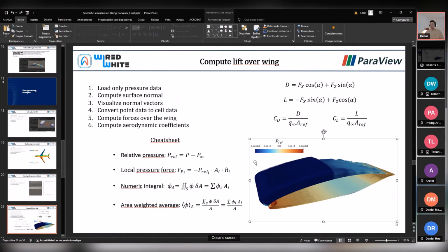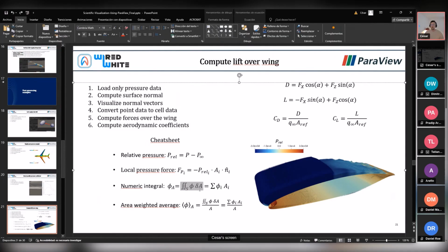And then once you have all these little forces in every single cell of your computational domain, you need to sum all these contributions. So you need to perform a numerical integral. We are not solving this integral numerically because we have done a simulation. We have discretized our flow field into computational cells. So we're doing the summation of all these cells. And this will be done by using the integrate variables